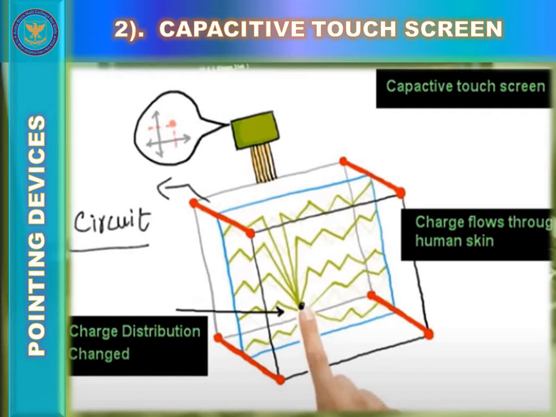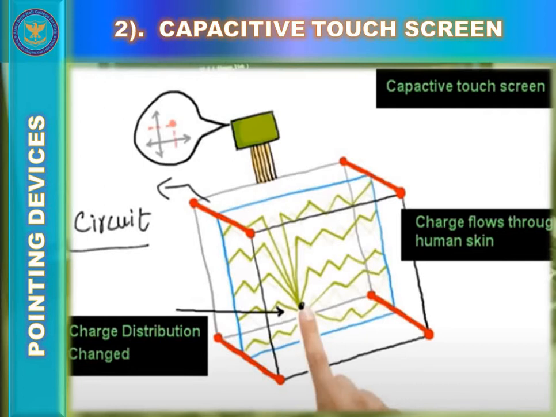Means at each corner of the screen, circuits are present, and these circuits monitor the electric charge that is stored by the special material coated on the capacitive touch screen.